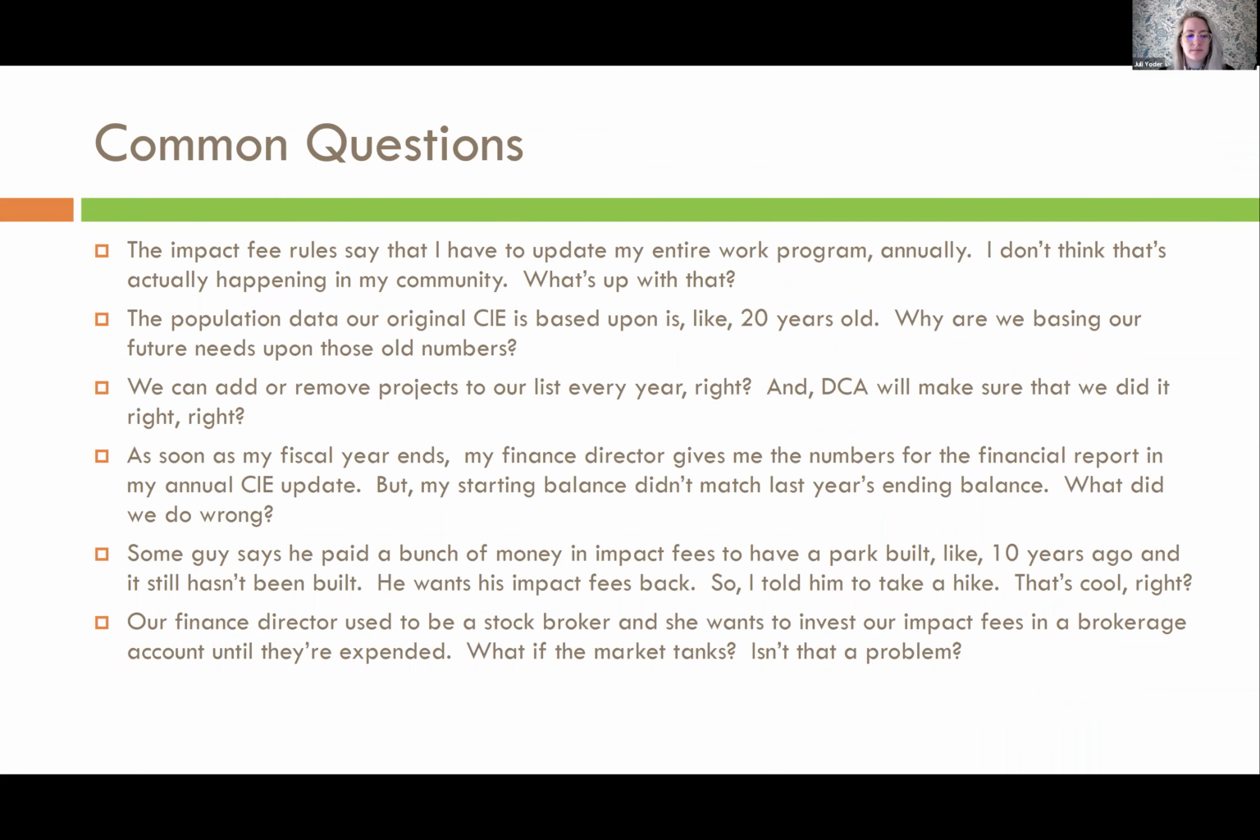So in closing, I'm going to cover a few of the most common questions we receive regarding CIEs. Starting with: the impact fee rules say that I have to update my entire work program annually. I don't think that's actually happening in my community. What's up with that? So over a decade ago, DCA leadership determined that all we would look for when reviewing